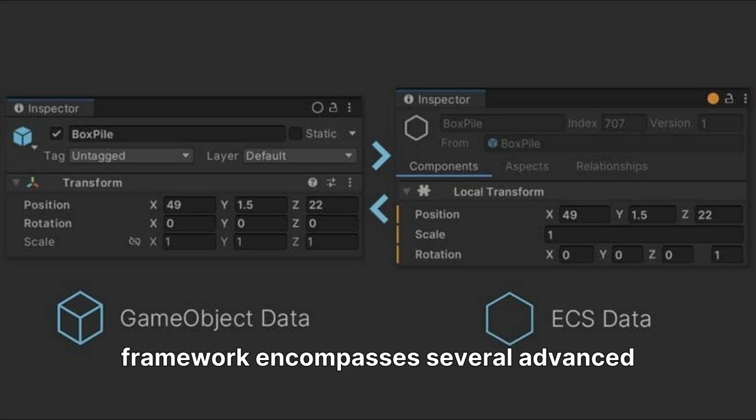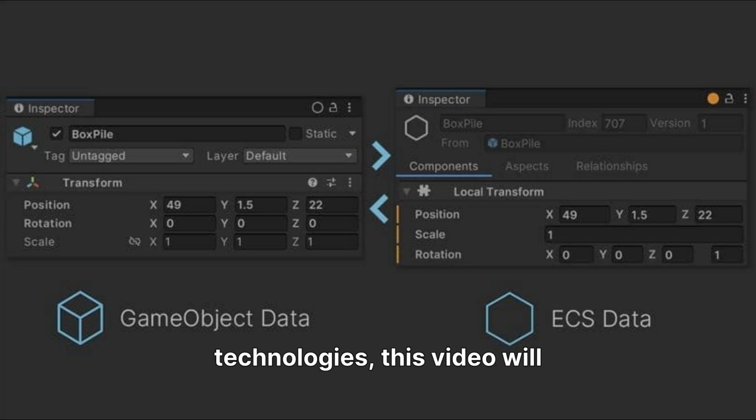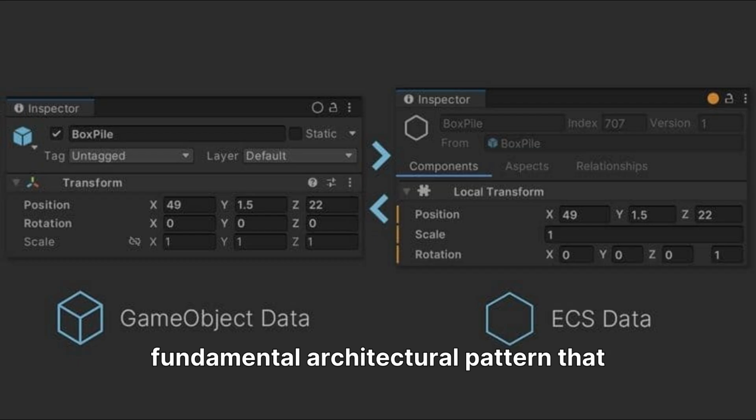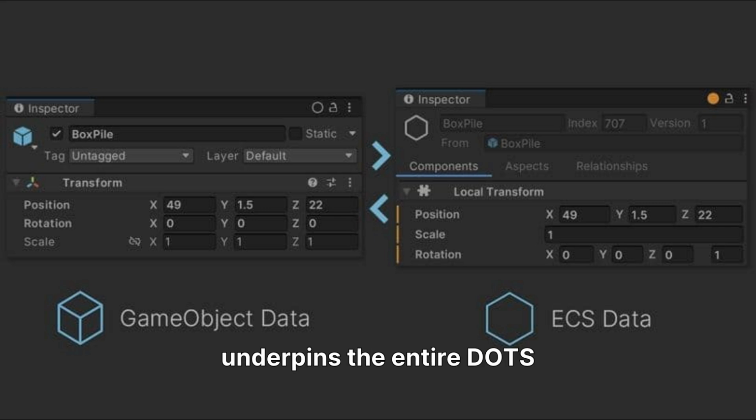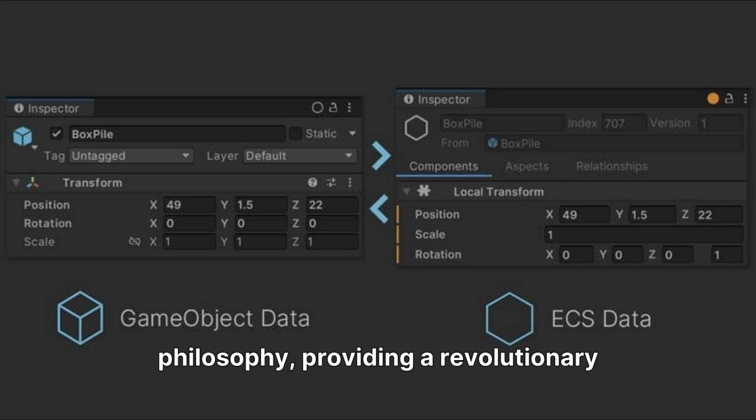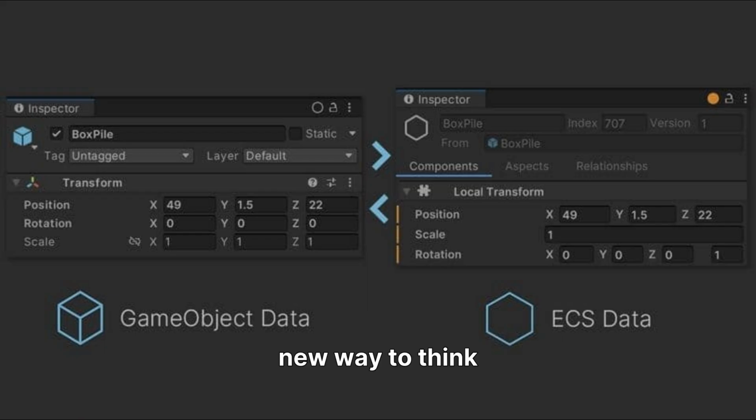While the broader DOTS framework encompasses several advanced technologies, this video will dedicate its primary focus specifically to the Entity Component System, or ECS. ECS is not merely a feature. It's a fundamental architectural pattern that underpins the entire DOTS philosophy, providing a revolutionary new way to think about game